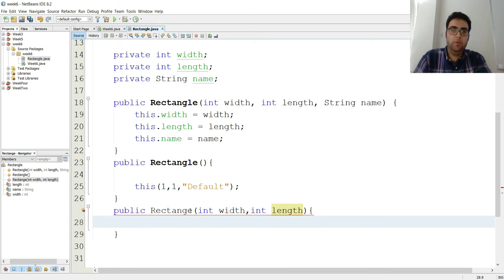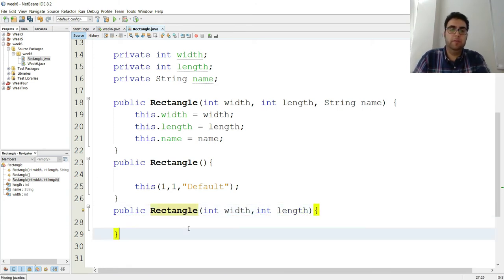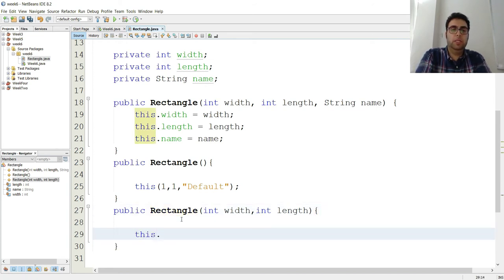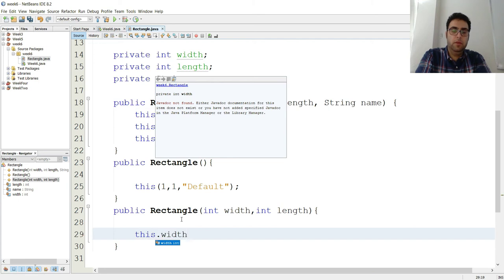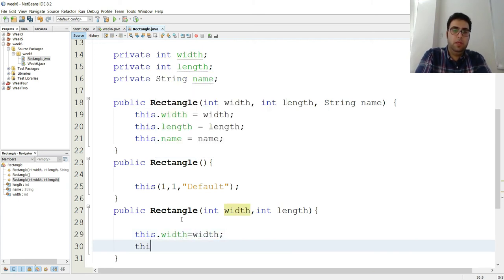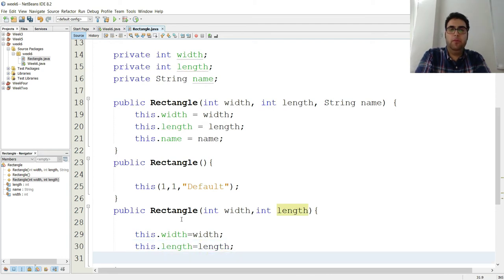I think a typo again. My L is kind of soft here. Here we go. So we're gonna use shadowing. So this width equals to width, and this length equals to length, and for the name,